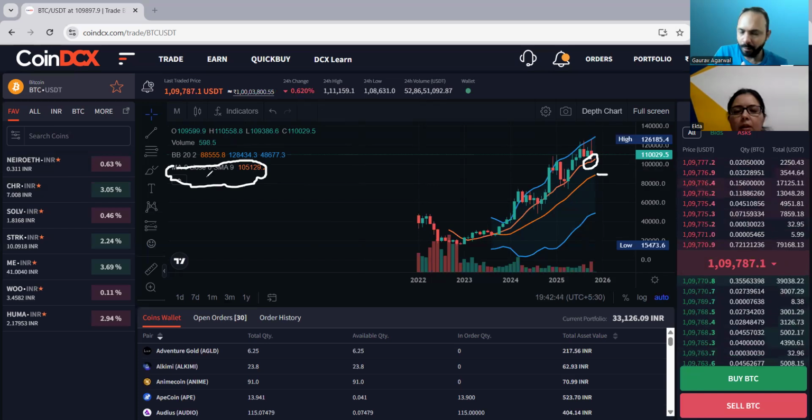Yes, so I normally use 9 moving average. If I have selected monthly chart, that means 9 months. If I select weekly chart, that means 9 weeks. If I select daily chart, that means 9 days. Since I have selected monthly chart here, 9 is 9 months, the previous 9 months. So this is the average price of the last 9 months here.